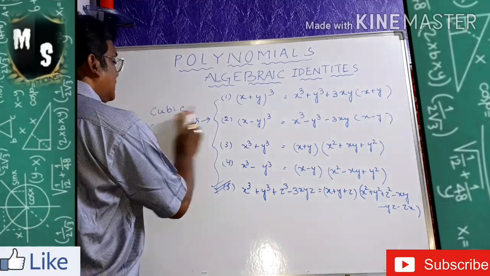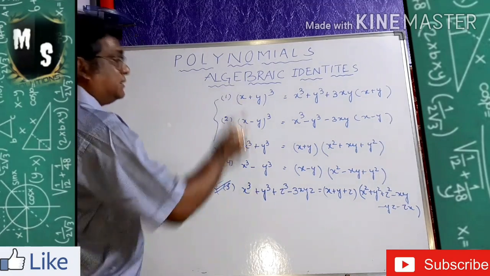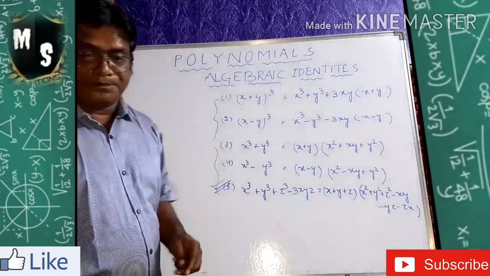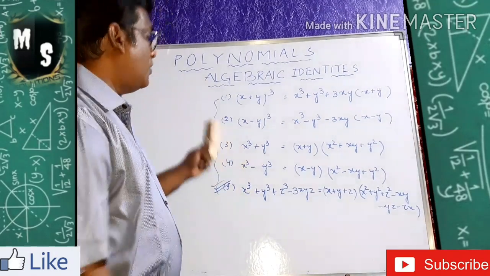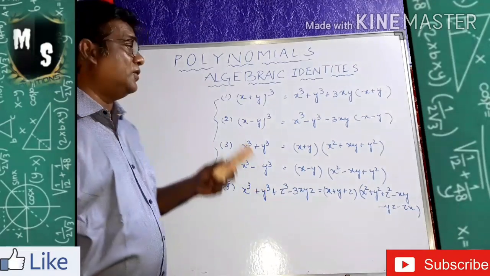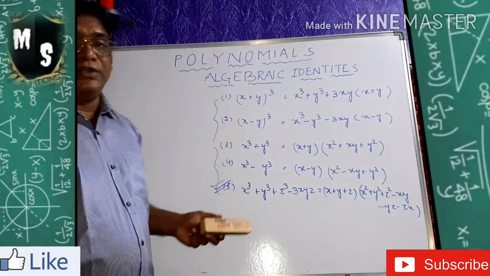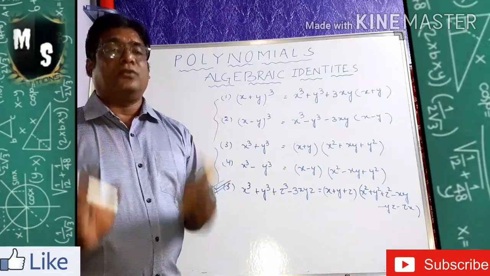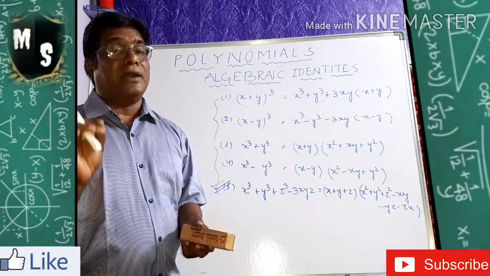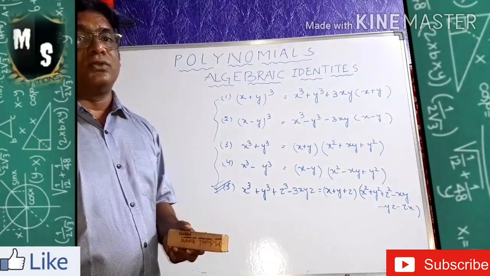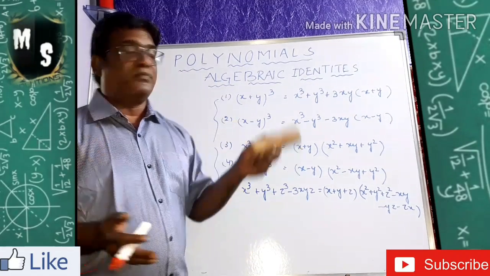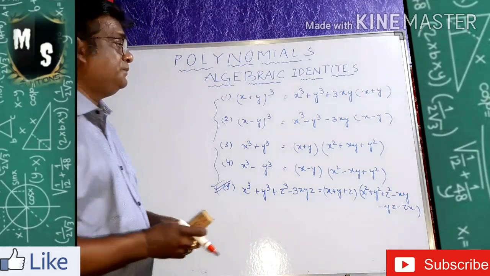The next thing is to do some sums regarding these formulas. These formulas are in your textbook, starting from page number 54 onwards. Please try to note them in one place and try to remember. If it is not there, if the video is there, you can write from the video also. But if you are not going through these formulas, you cannot touch any sums. I am reminding you, you cannot touch any sums. So please go through these formulas first, then see how I am doing the sums by putting this type of formulas. Okay, so now you see.